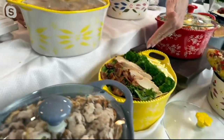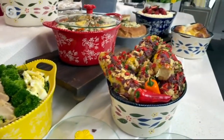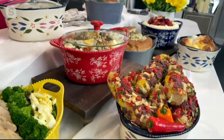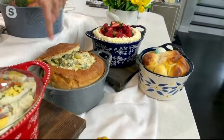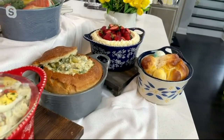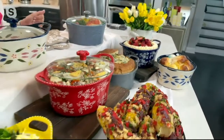We talk about our cold foods. So we have salads over here, our side dishes, we have our corn, we have our potato salads. Come on over here, appetizers. We have things like putting our bread bowls in here. How about things like our Easter breads, our mousses. In other words, there's nothing you can't do, and it is